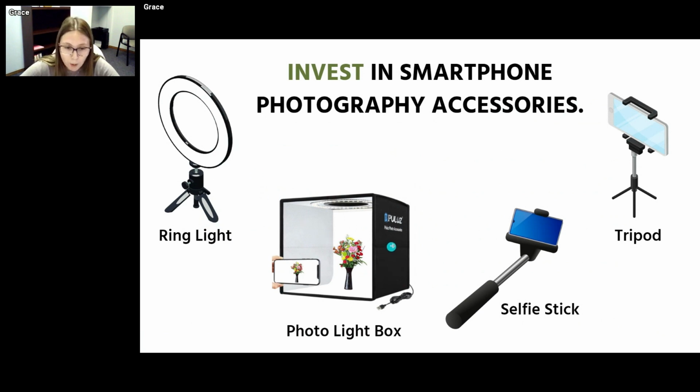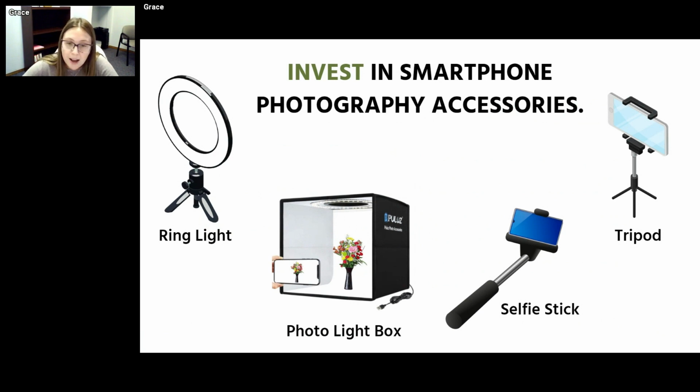Next, I'm going to talk about the light box, also known as a photography light tent or a photo studio box. This is a huge, valuable tool for product photography. It helps create a controlled and diffused environment, which can greatly improve the quality of your photos in several ways, especially your product photography. I find this tool especially valuable for people who are trying to do flat lay photography